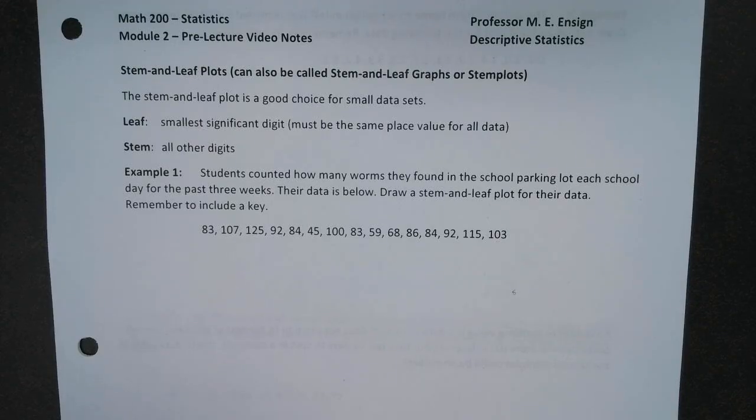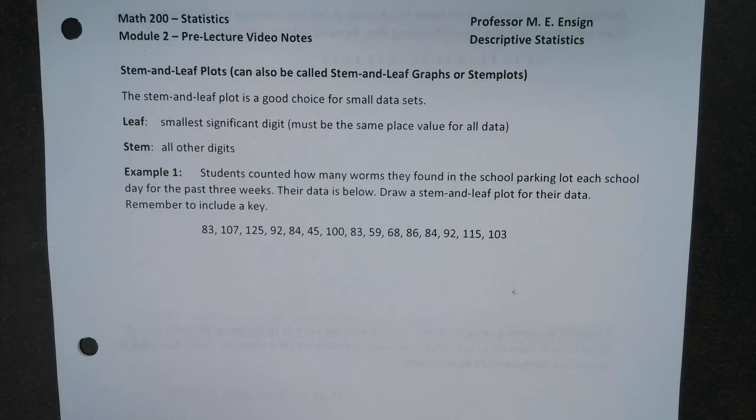So we separate the numbers into what we call a stem and a leaf, and the leaf is the smallest digit that we have, which has to be the same place value for all the data. So it would be the ones place or the tenths place. It'd have to be data that all goes to the same place value, and then the stem is all the other digits. And we put them in order,